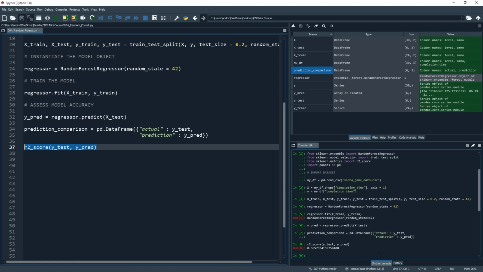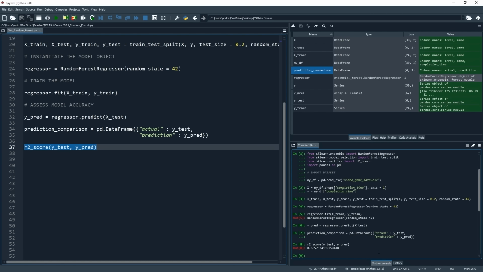And getting this accuracy or goodness of fit score is great, but I always like to think from a business or an application point of view. How are we actually going to use this, or what business problem is this model going to solve? Now here I think we've got something pretty cool. When new players come to this particular level or task in the game, we could predict how long it might take them. From a business point of view, there could be some really cool applications of this. Maybe we could use the prediction to challenge a player who is about to take on the task. For example, our model predicts that you will complete this level in 98 seconds. Do you think you've got what it takes to beat that time?